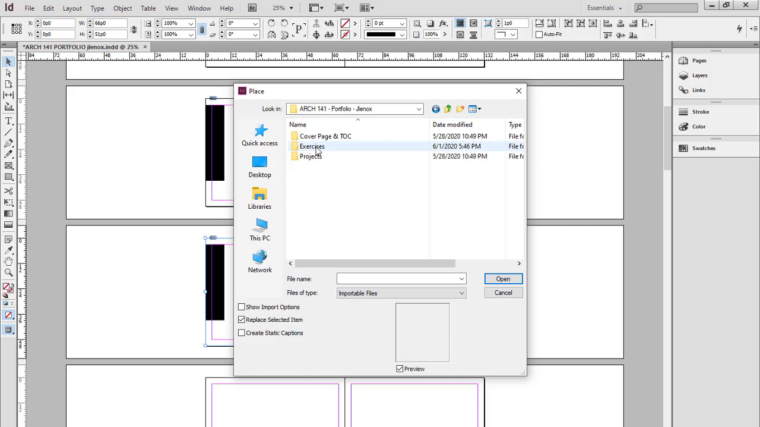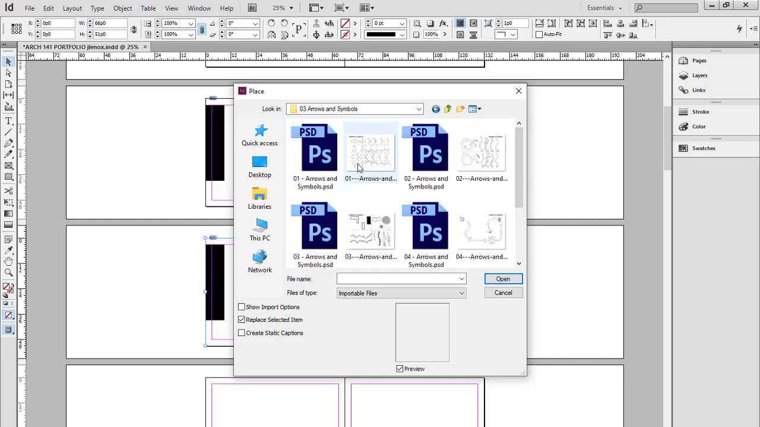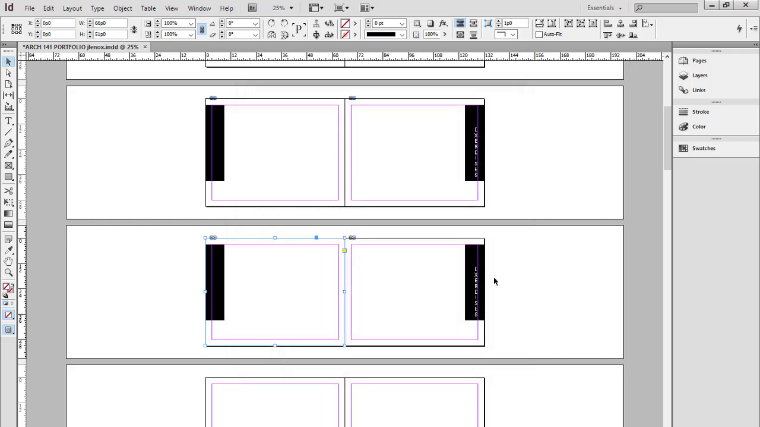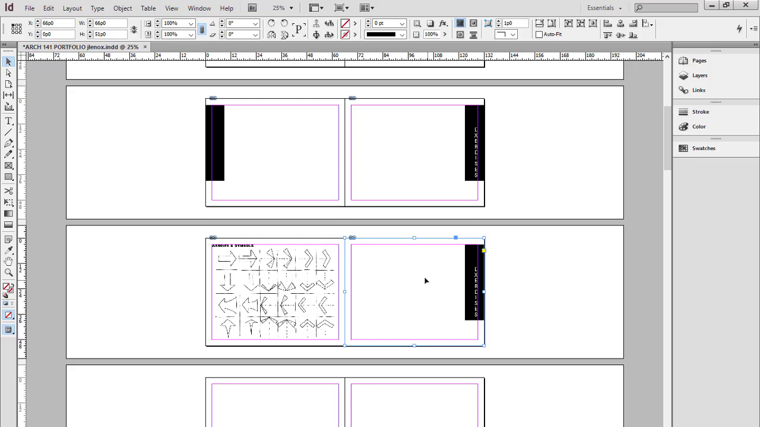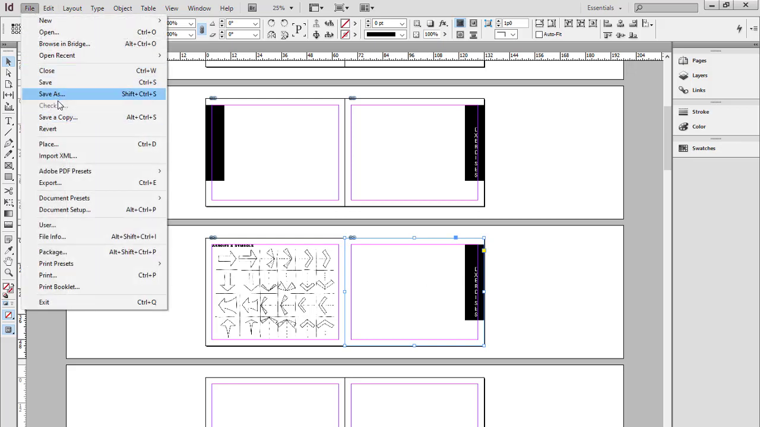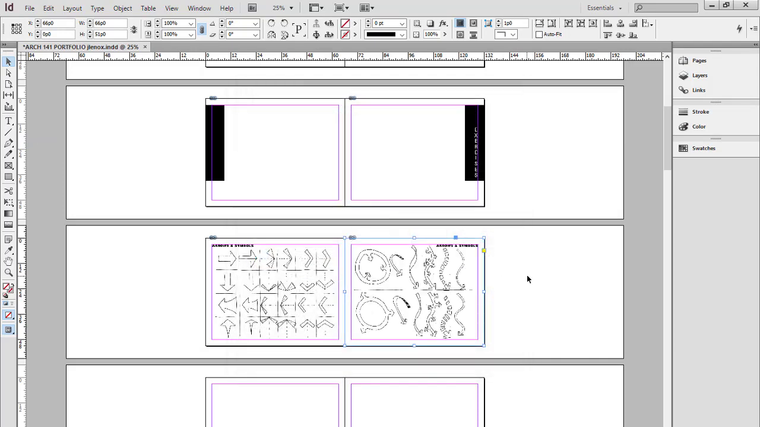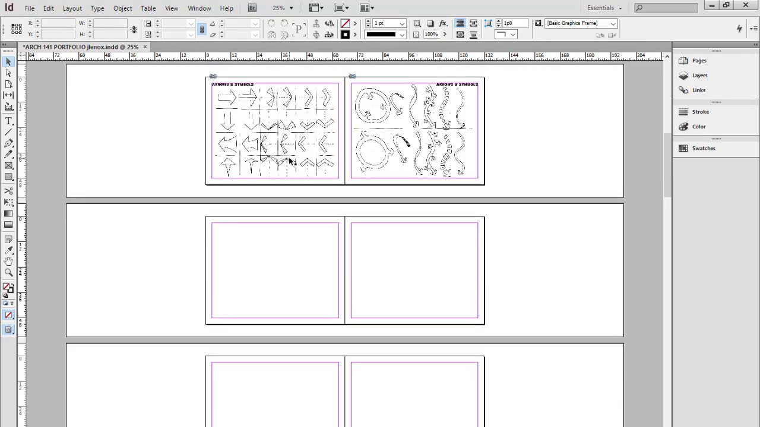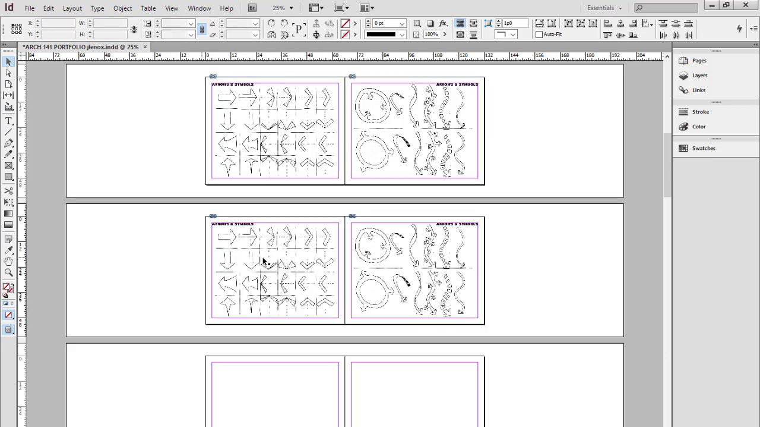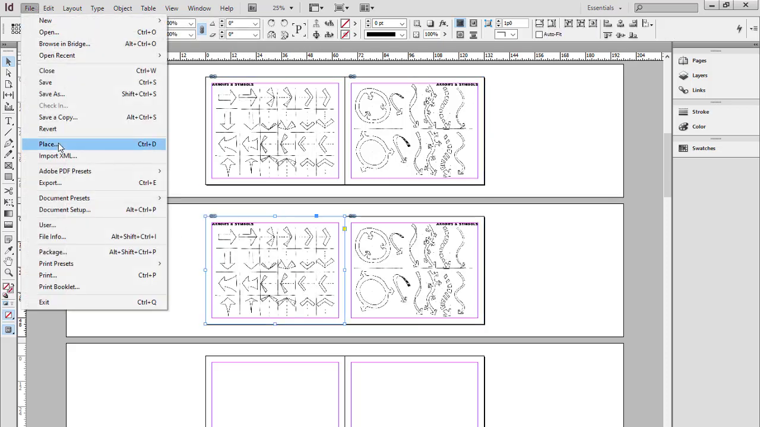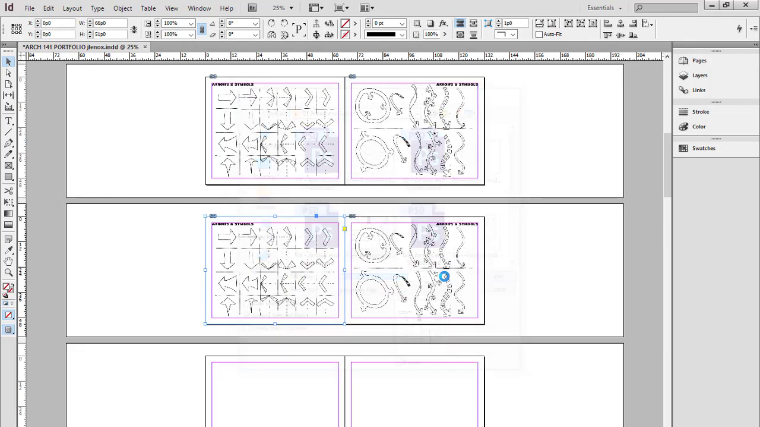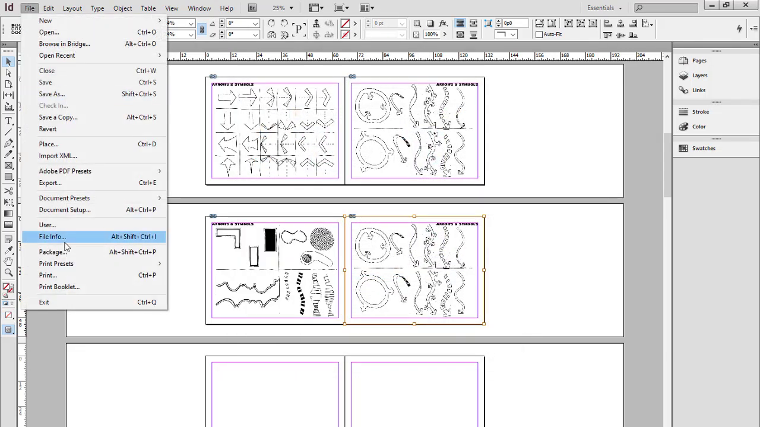there it is. I can go to my exercises. There we are, 03 arrow symbol, arrows and symbols. And I can select these, right? So I'm going to select that first page and look right there, perfect, it updates. I'm going to select the next page and go File, Place, select the second page. There we go. And I want to take both of these again, Control C, Control V. They paste perfectly in place. And I can now make them page 3 and page 4